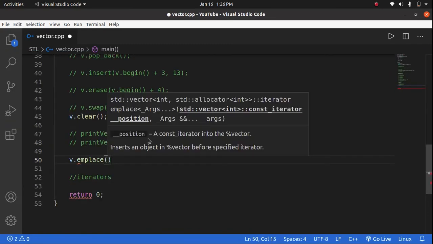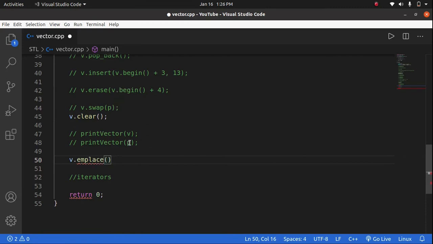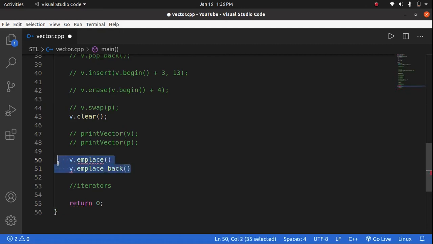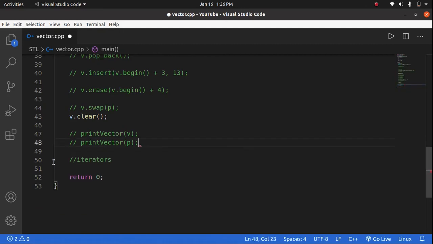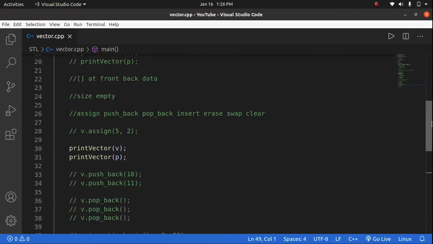The emplace works like insert, and emplace back works just like the pushback. So we can use this method or the pushback or insert methods.